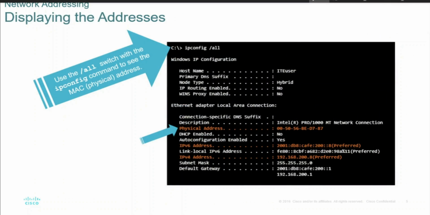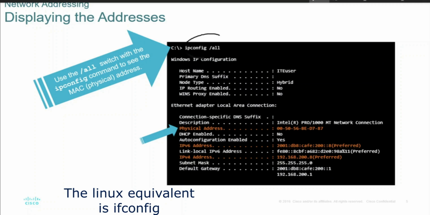Okay, so to see the computer's IP address, there is a command in the Windows operating system. In command prompt, please type the command ipconfig/all. You can use ipconfig or ipconfig/all.